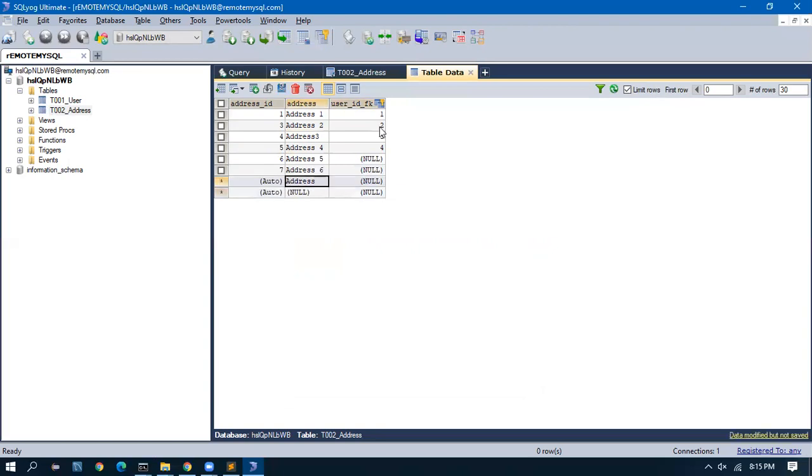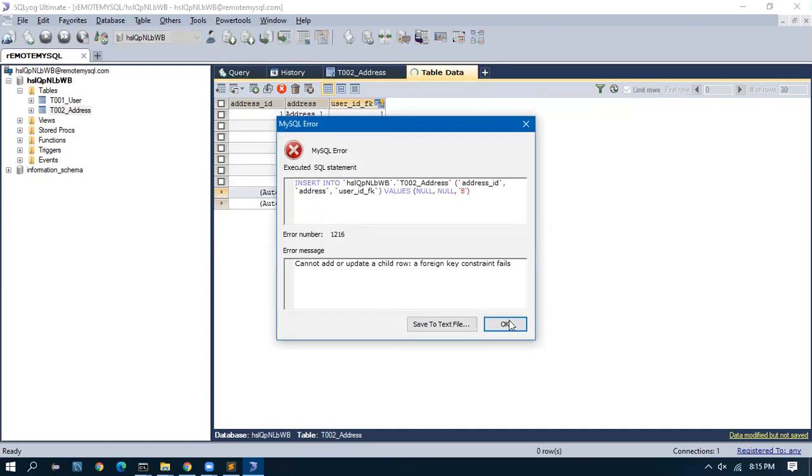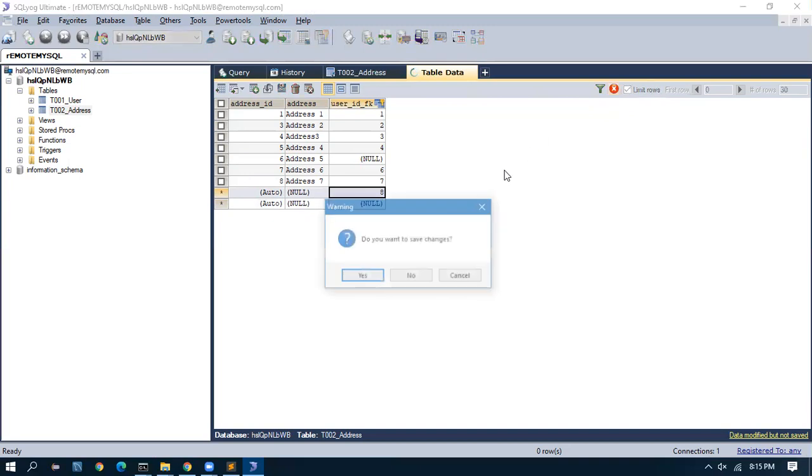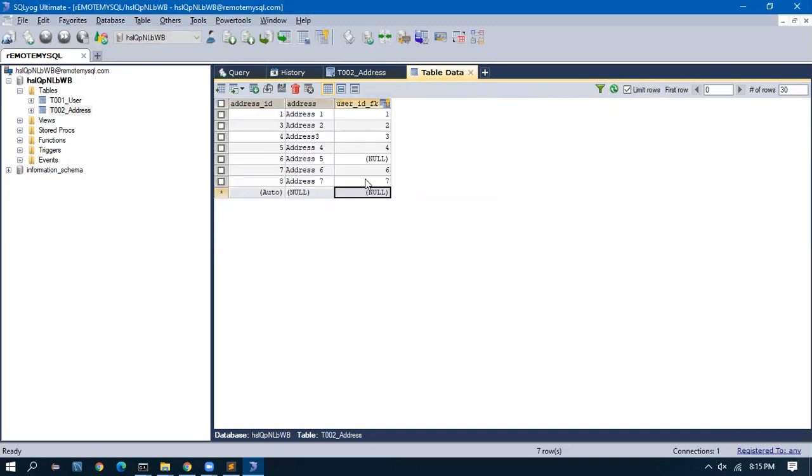Address 7 is for the seventh user. Sixth I forgot. Okay, we are good now. So 8, if I give, anyway, it is going to throw an error because there is no record with 8. Okay, so we have the address table with 1 to 7 and the reference is user ID.